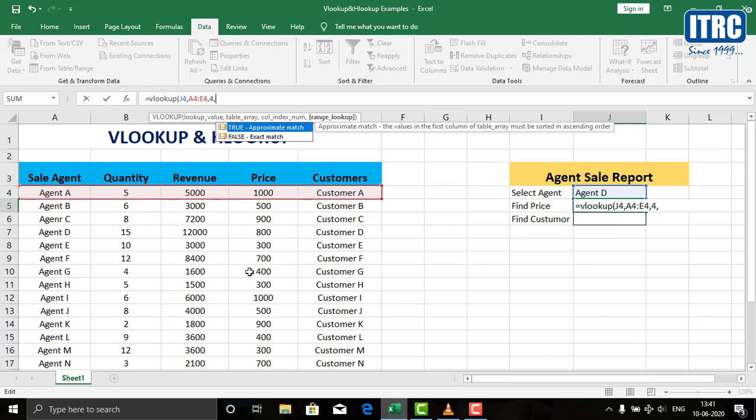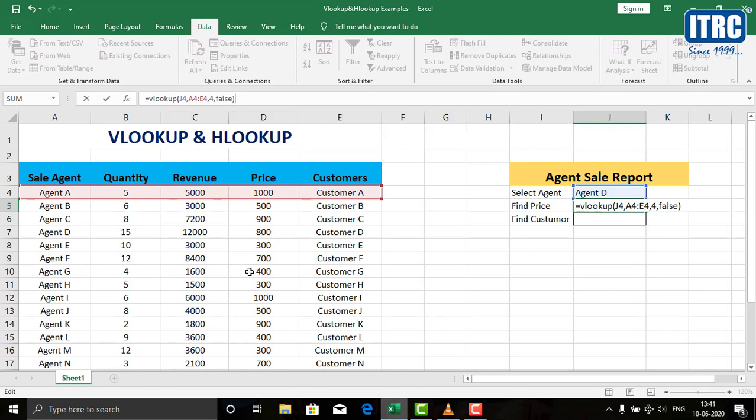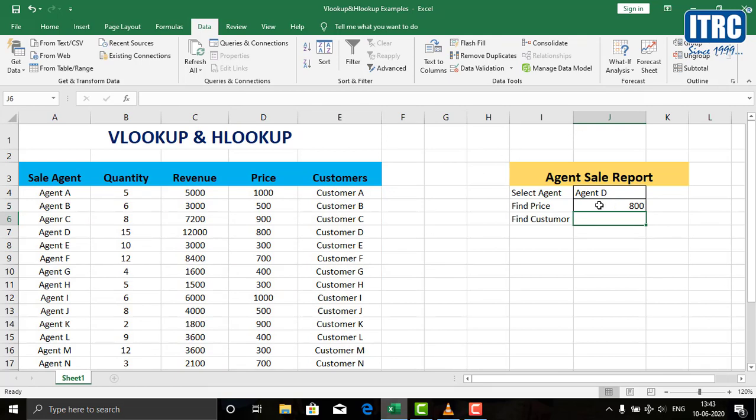In our case we have it sorted as ascending, but generally I don't want to bother to think is this text or is the number sorted or not. So I always put false here, meaning that it should be an exact match. I recommend that you generally put this on false as well.